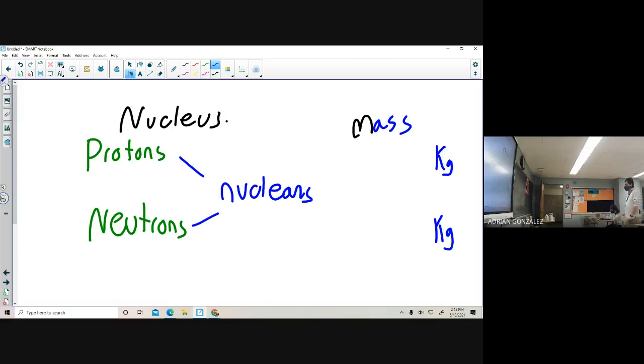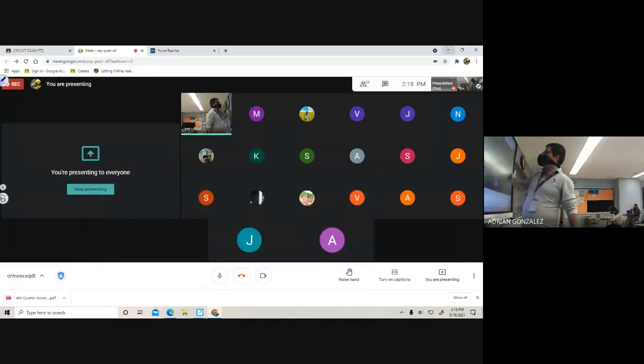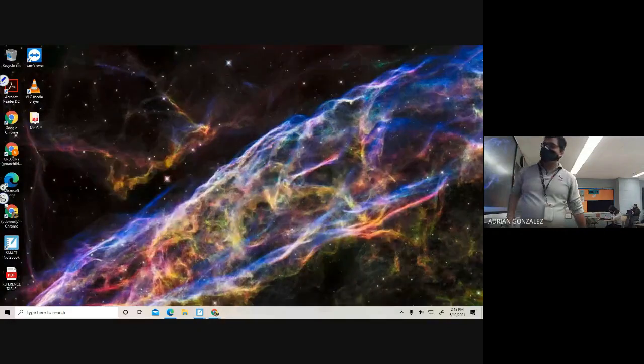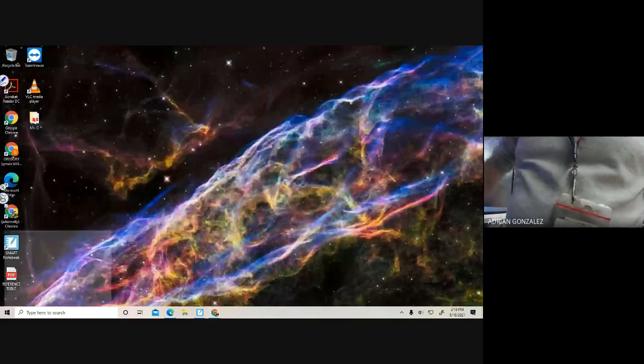But it's a very important mass. It's so important that I don't want you to remember it, but I do want you to remember where you can find it. Where do you think we can find the mass of a proton? Reference table. Take out your reference table or access your reference table. If you look at page 1 of your reference table,